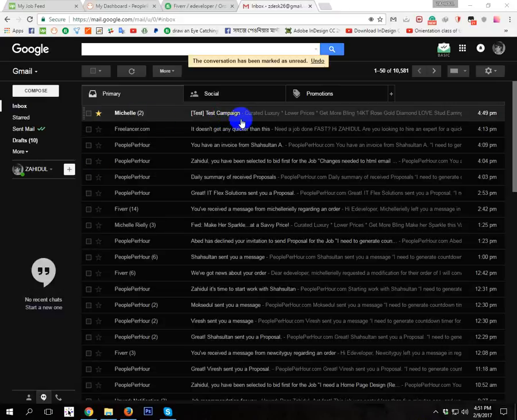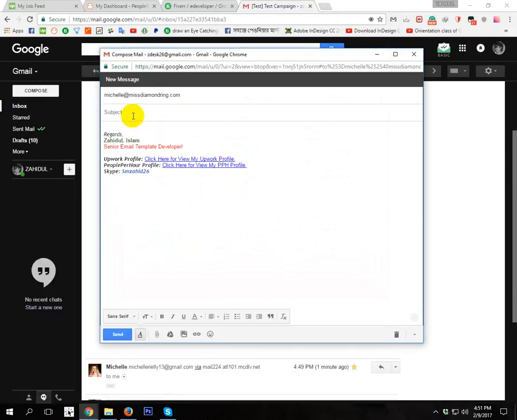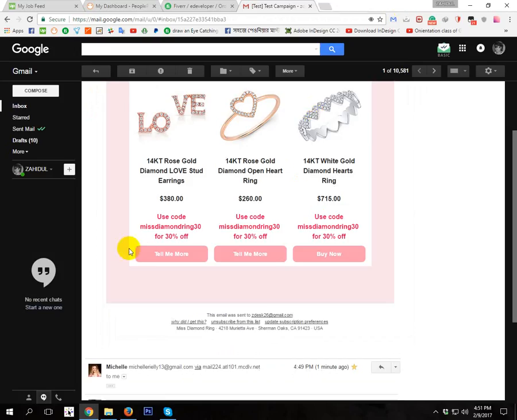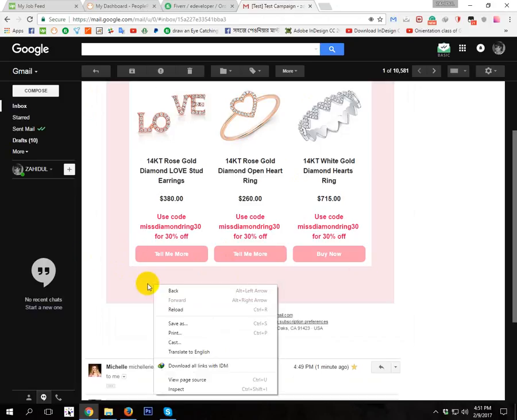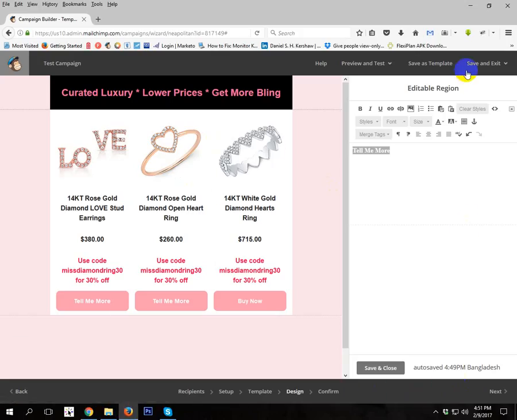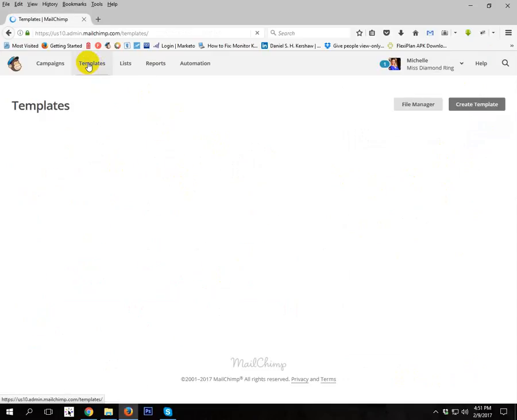Okay, this email has come here. Okay, I just show when I click the tell me more, I have already made linking, so this is linking, and this is already the web linking from the previous link. This is already working, but you can see here there is no underline. So please be careful when you make a campaign, please be careful editing your template and your campaign will be perfect. I think you are new to the system, the new system, for that reason you face a little issue.